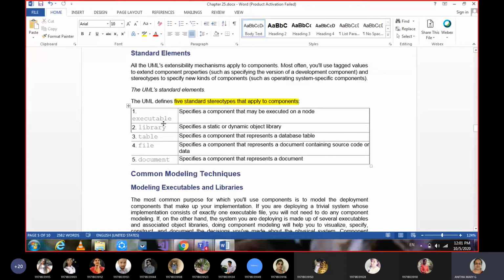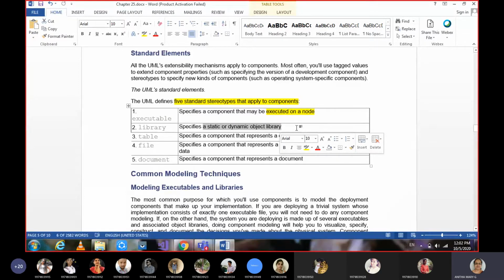Just now we came across executable components. It specifies a component that can be executed on a node. Next is library, meaning .dlls, and these libraries may exist as static or dynamic.